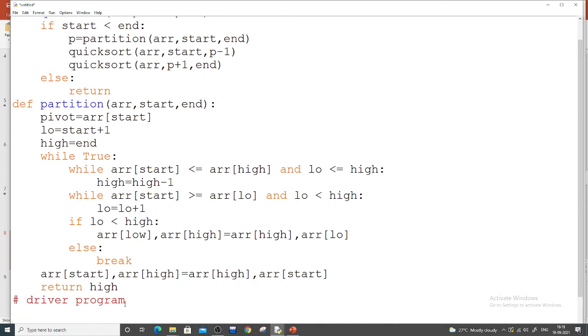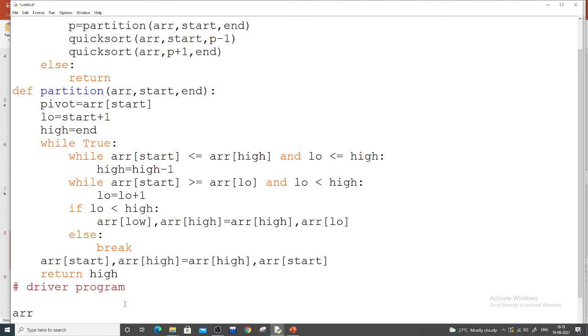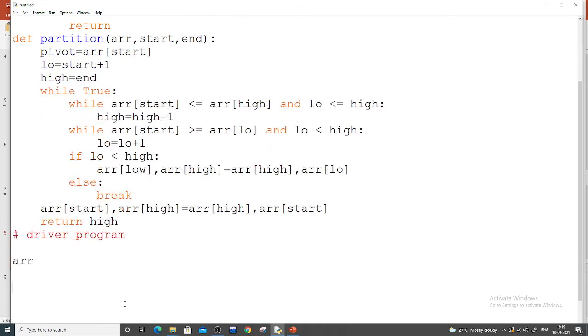Here what I will do, I will make an array. This array is a list of some data. Assume some 10, 30, 31, 71 and 99, 31, 26, 18, 55, 33. Assume this is the given data.